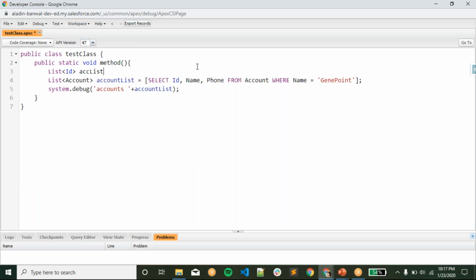account list is equal to new list of ID. If we have a list of IDs and there are so many IDs available in this list, then we can use the IN statement to iterate via this. So name IN. Simply we will use this and it will return all the accounts which have an ID from this list. So we can use this IN operator here as well,